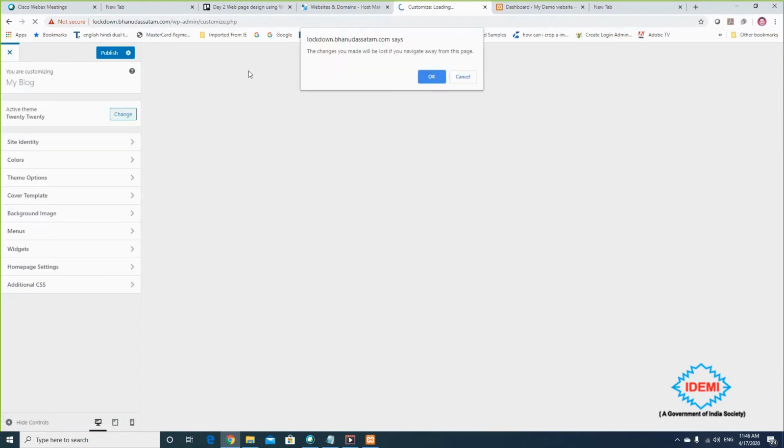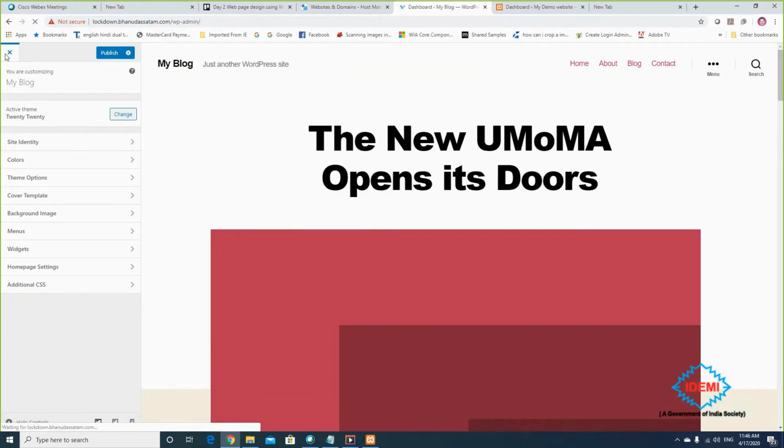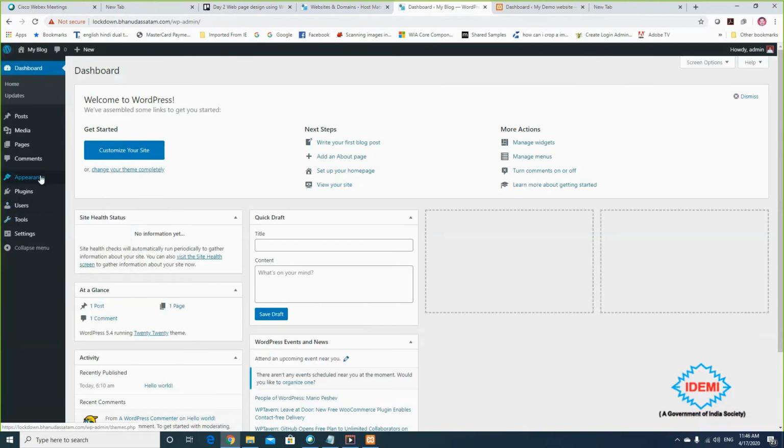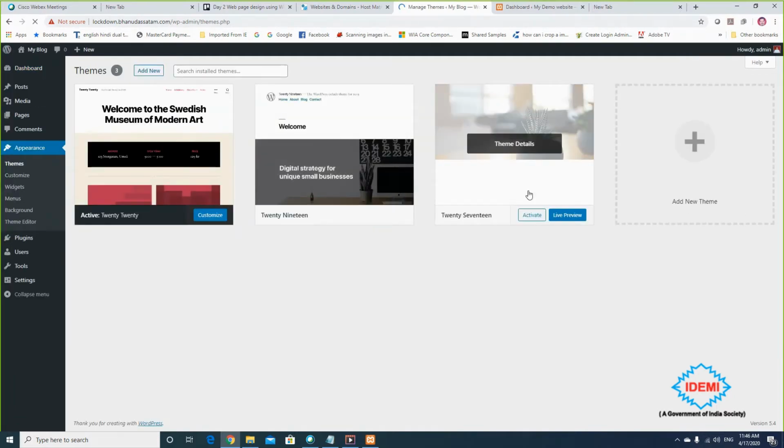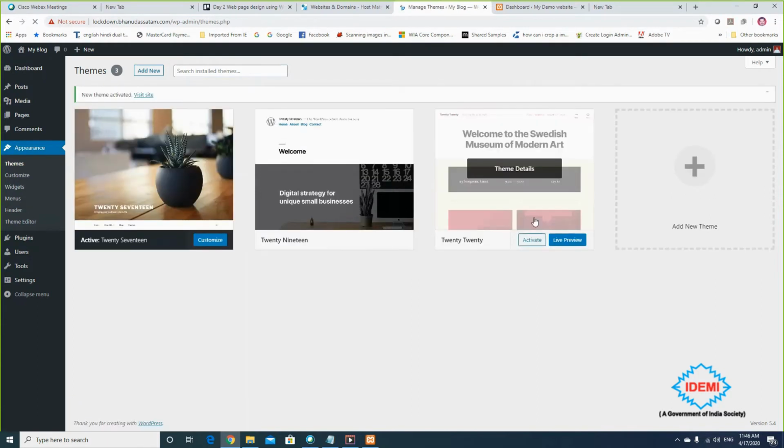I'm just leaving it. I don't want to use this theme, so I'm choosing appearance and clicking on themes here. I'm going to use the same theme which I used in my offline site, so I'm clicking on activate. Now this theme is activated.